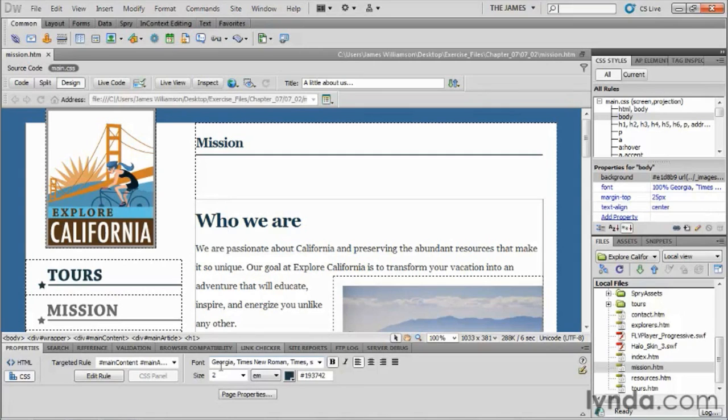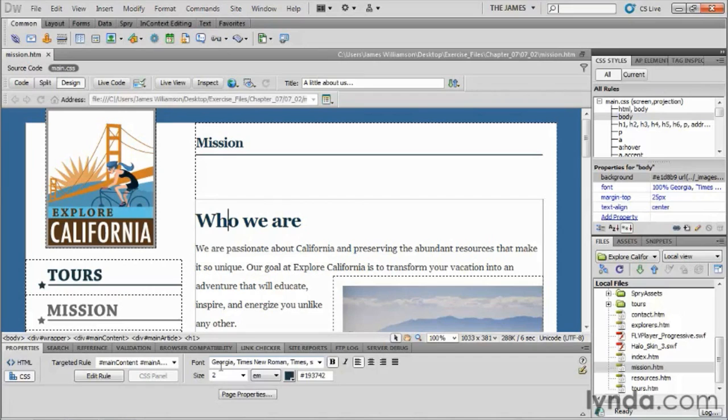Okay, we want to use a font that's a little bit less of a standard font. One of the interesting things that's happened over the past few years is that the number of installed fonts that are broadly installed on computers all across the world are increasing. So we are increasingly not limited to just Georgia, Arial, Verdana, Times New Roman. We have a few fonts now that are widely accepted enough to where we can start using them in our